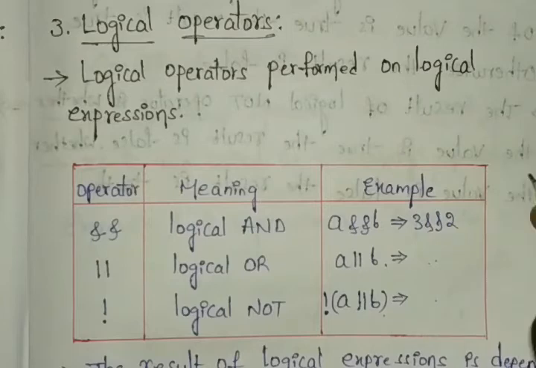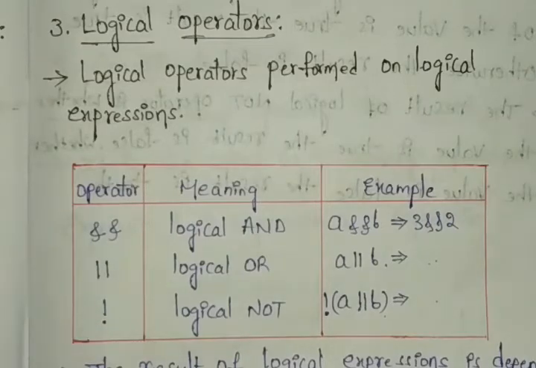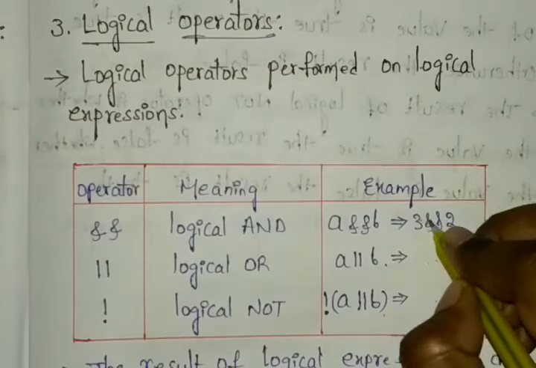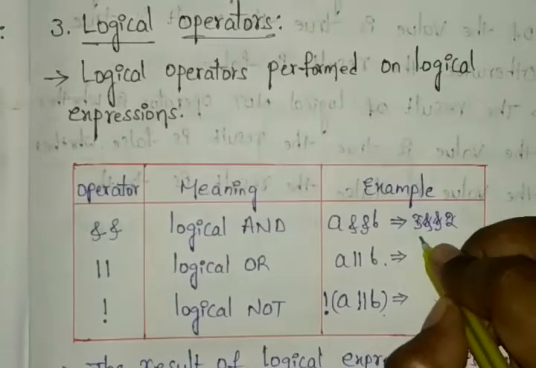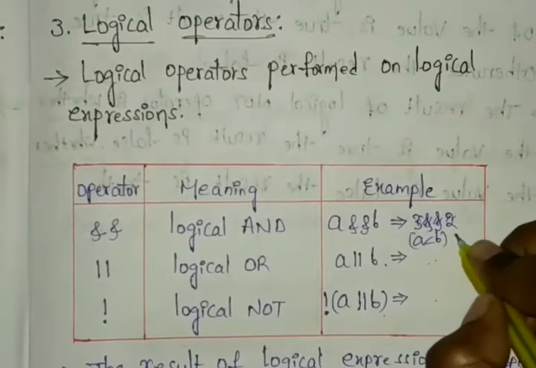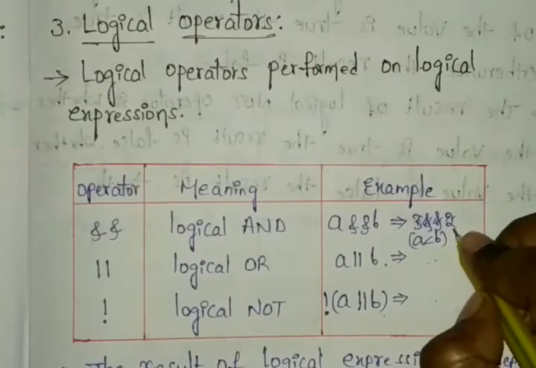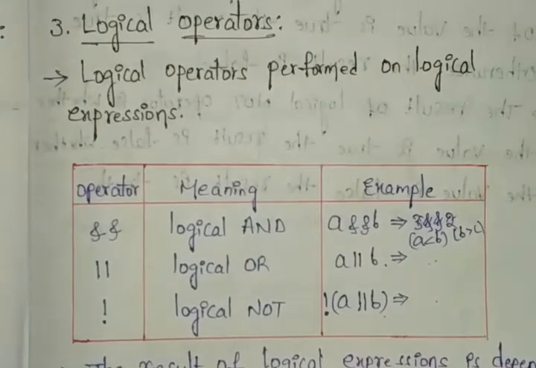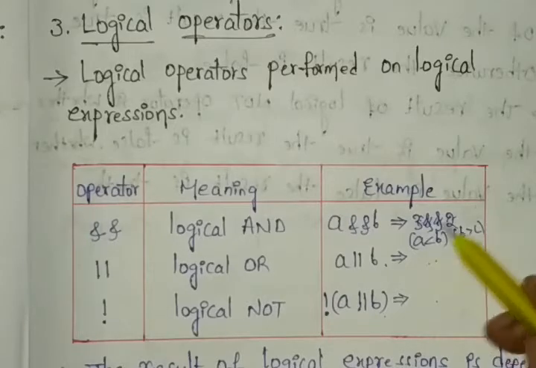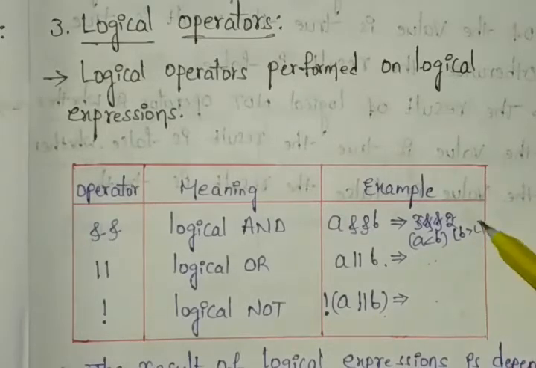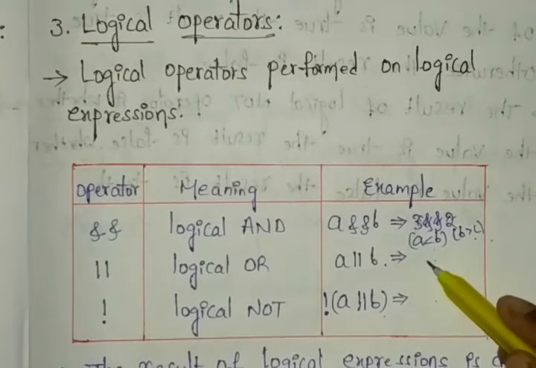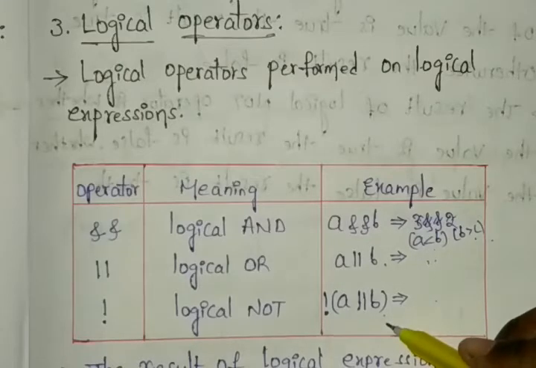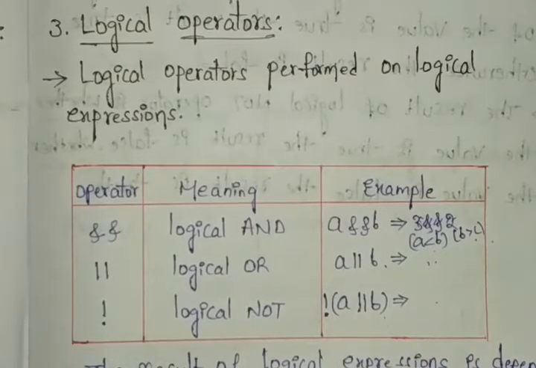Suppose you are performing A less than B. We can see here I am giving the value A less than B, and you can give your B greater than C. Suppose at that time you can check the A value and B value. If these two are correct, it will be true, or else it is false. And in this also at least one is true, and in this the opposite. Like that we can work this.